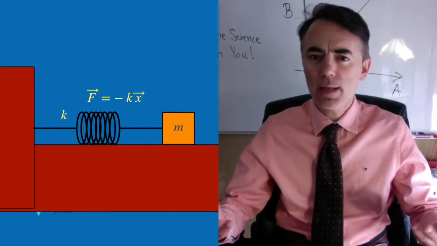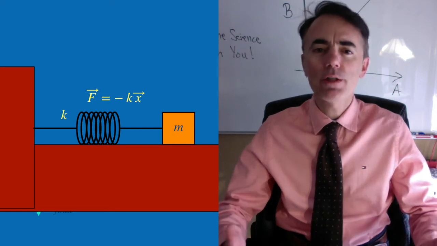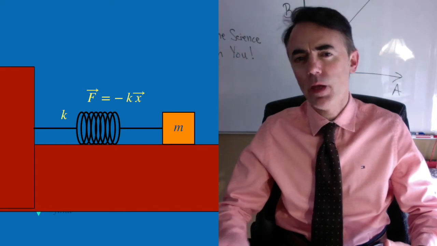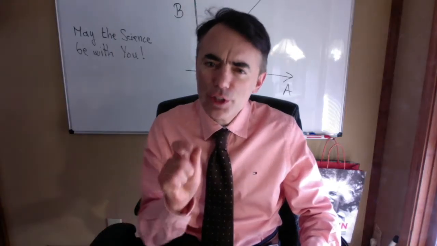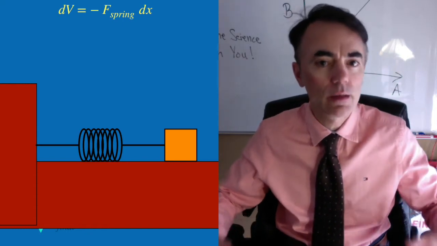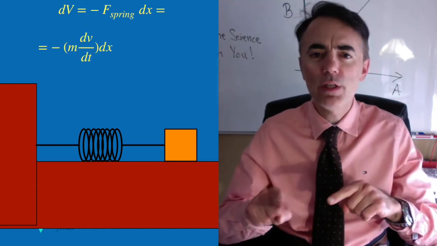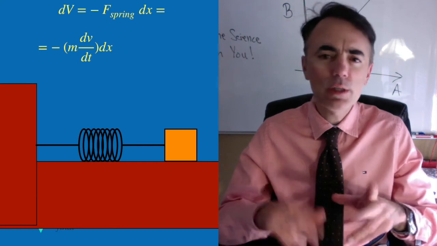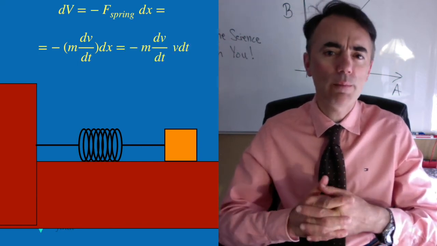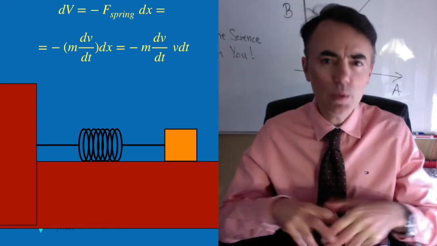Now we have the expression for the potential energy, and we know the relation between force and potential energy. If we let go of the mass, it will accelerate, its velocity will change, and it will change its potential energy. We can write a differential change in the potential energy as dV equal to minus F dx, equal to minus m dv/dt dx. Substituting dx by v dt, we get dV equal to minus m dv/dt v dt,